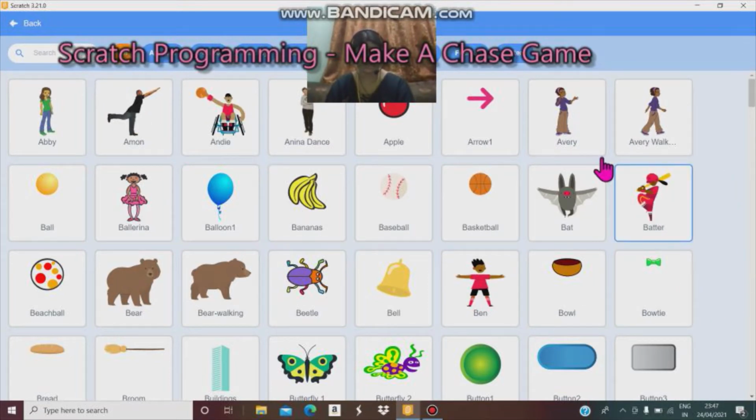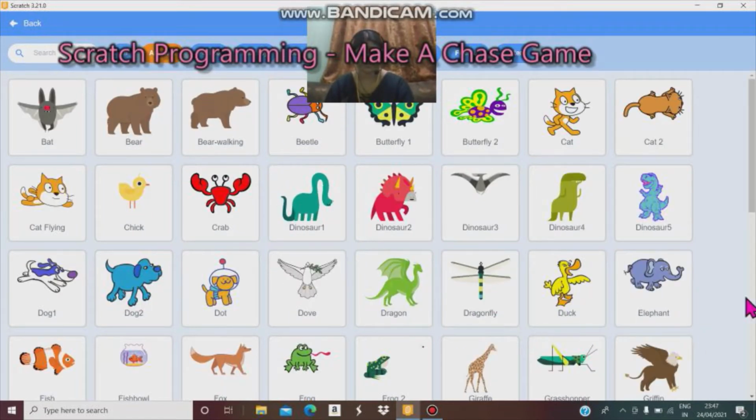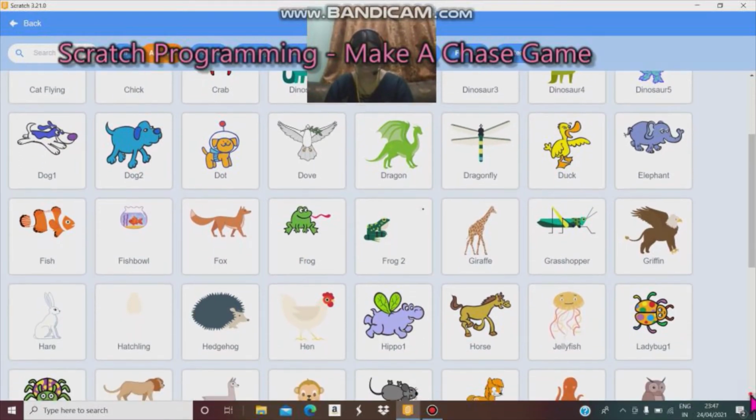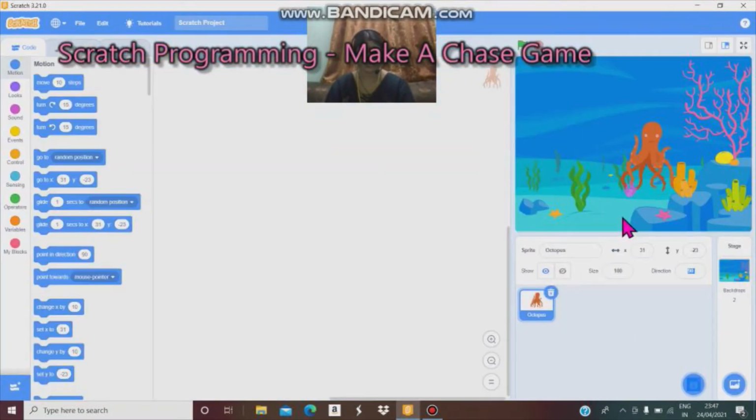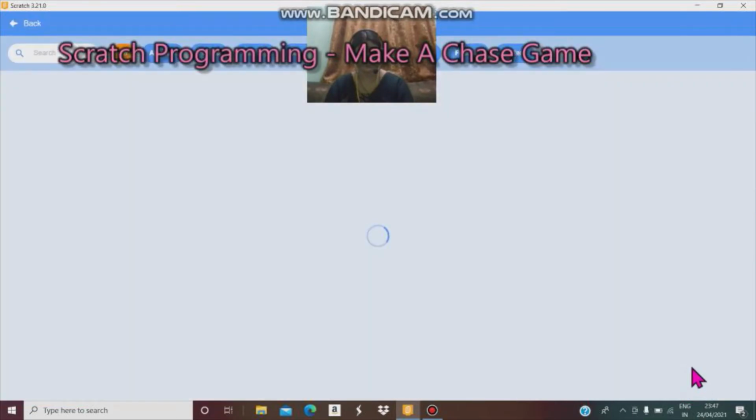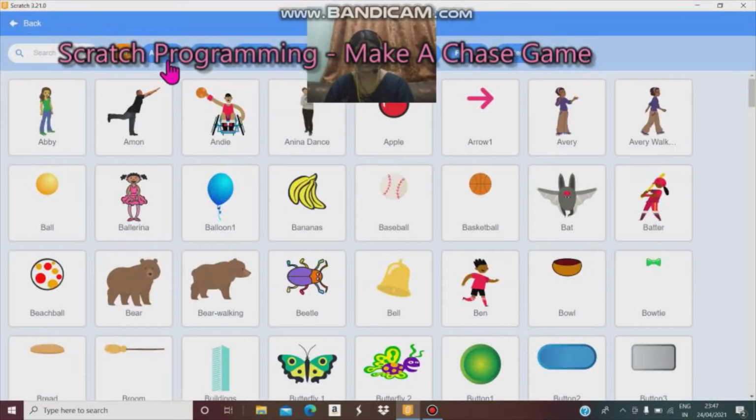Today I have to click animals. I want octopus sprites. Here click this octopus. You can see the octopus sprite, and select another sprite like star.